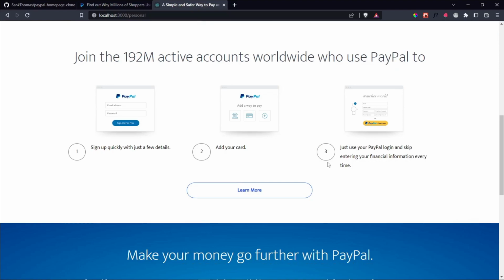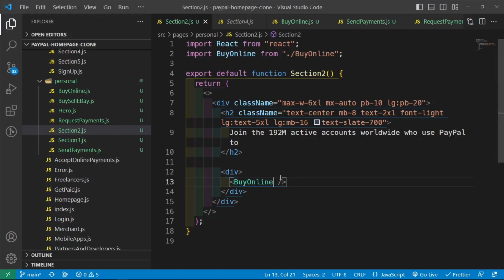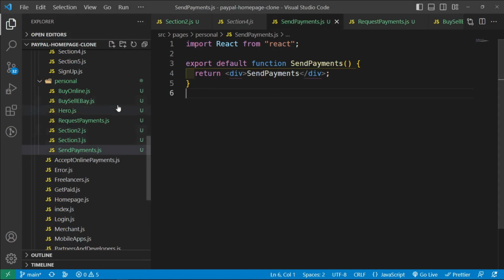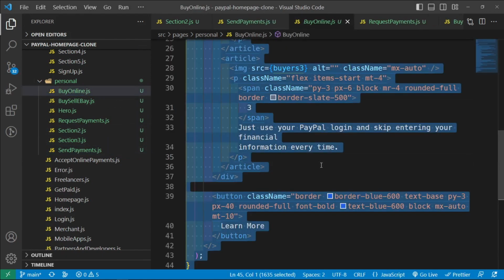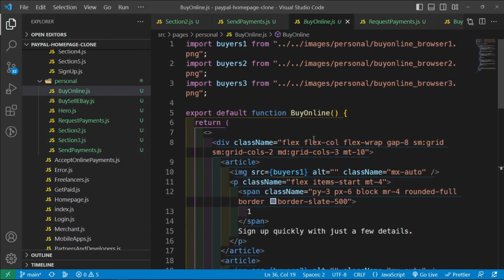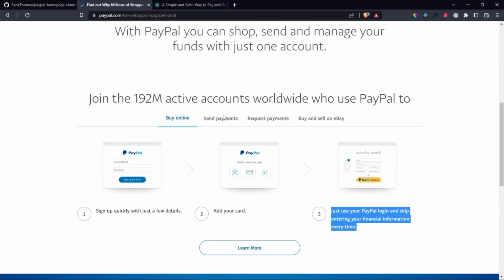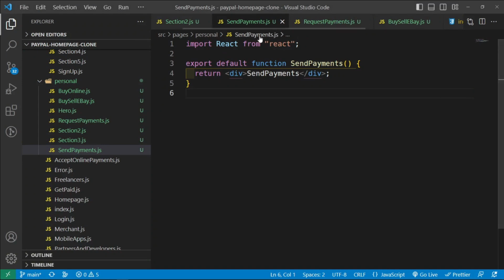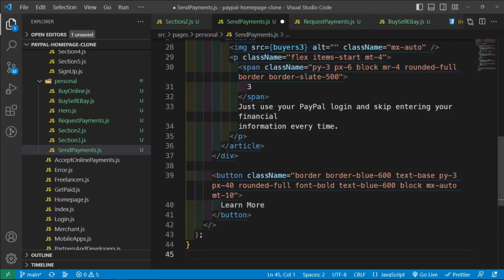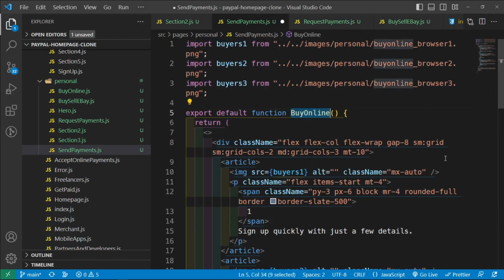Okay, fantastic. Now what we need to do is the very same thing for the other component. So this is the buy online, so we need to do the same thing in the send payments component. You know what, let me just copy and paste. So select everything in the buy online component, copy, and then the next tab is the send payments. So send payments, just select everything and then paste in what you had copied. So change the component name into send payments,